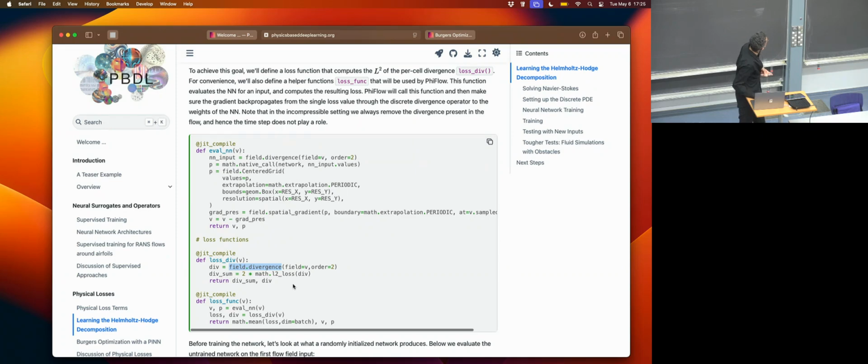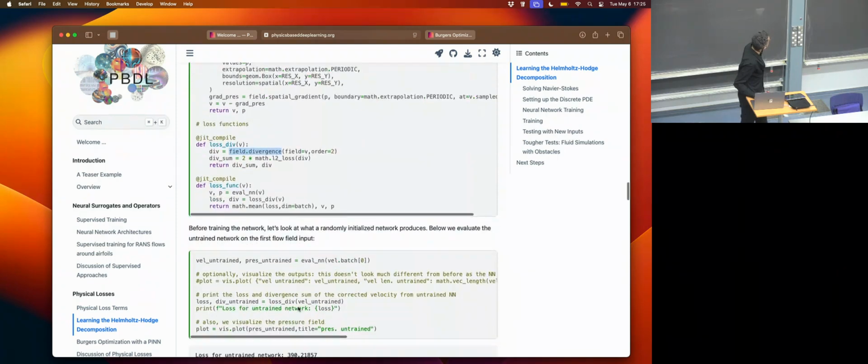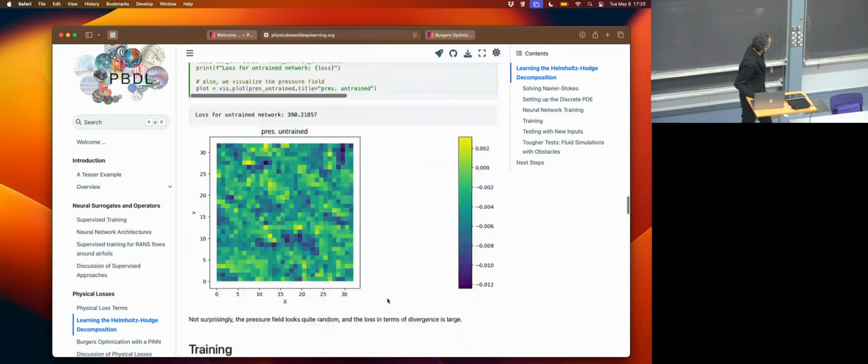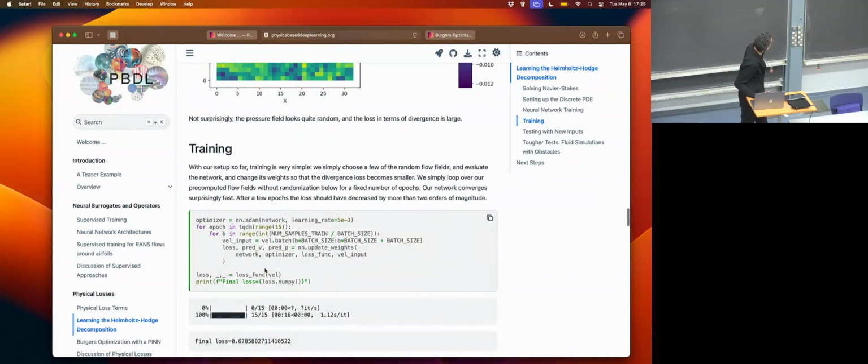And that's now also all that's necessary to train a network. So here in 5 there's an update weights function that simplifies the step a bit, but essentially what it does is it takes a range of random inputs here, puts them into a batch, and then tells the optimizer to update the network with this loss function